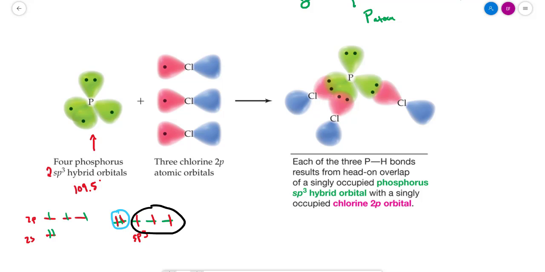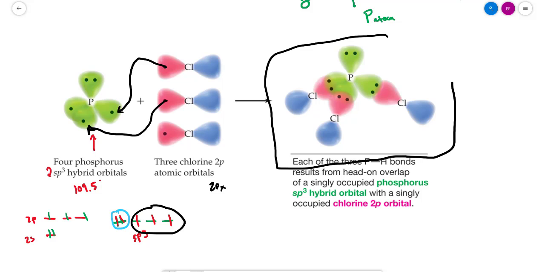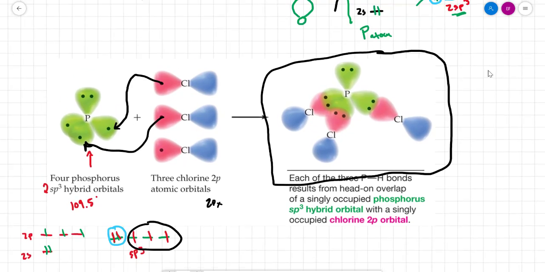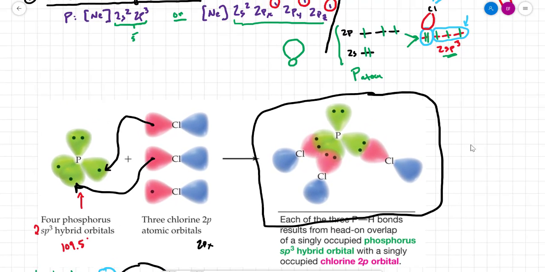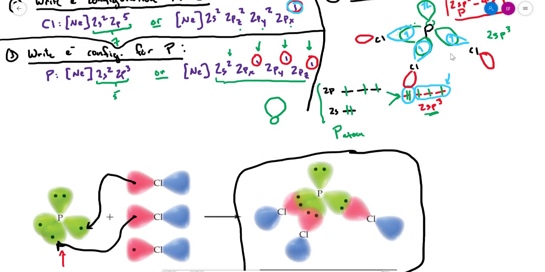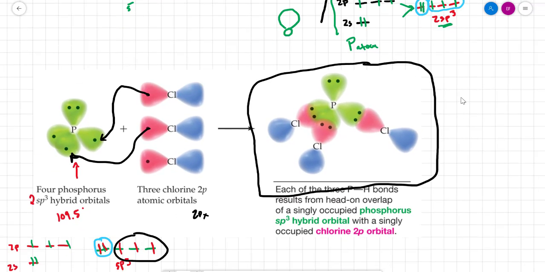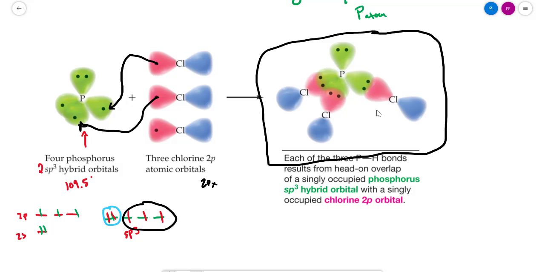So chlorine then has 1 unpaired electron in its 2px, and those come in and overlap as such, and they give you a structure which I would say is not terribly different from the one I drew. You have to admit I'm doing this all by hand on a computer, so yeah, they're not terribly different from each other, but this gives you a better sense for what this would look like realistically,